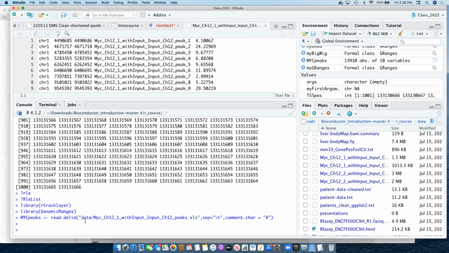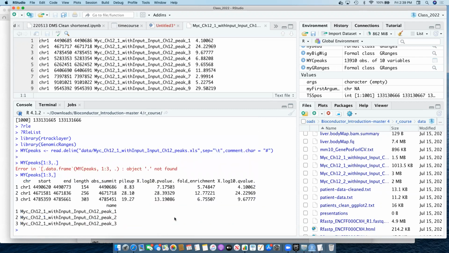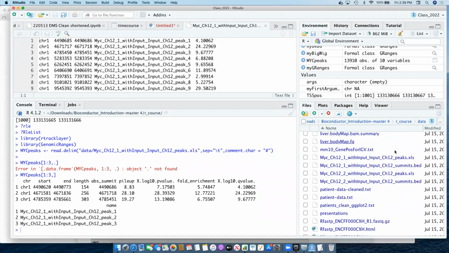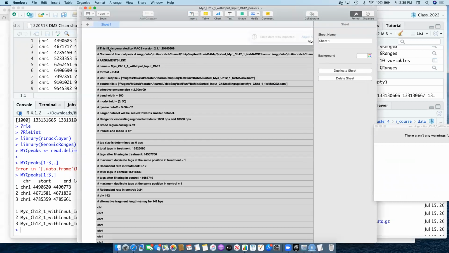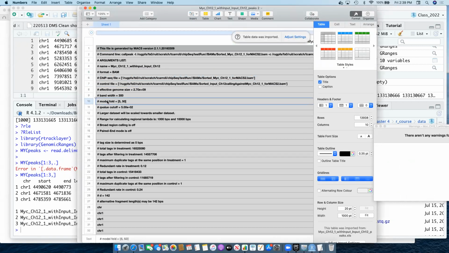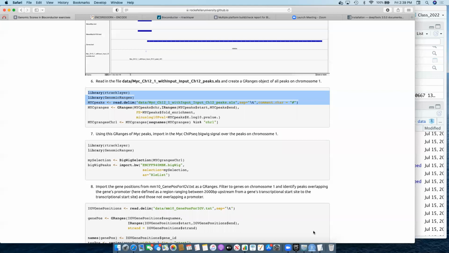Okay, so we have mic peaks. We deliberately avoid any comment characters because in the MACS ChIP output, they tend to put the information on how the peak calling was done at the very top of their pretend Excel files. So there you go. So if you look here, we can see all this information with a tab. We don't want to read that in. We just want to read the information from here. So this is why we do this comment char